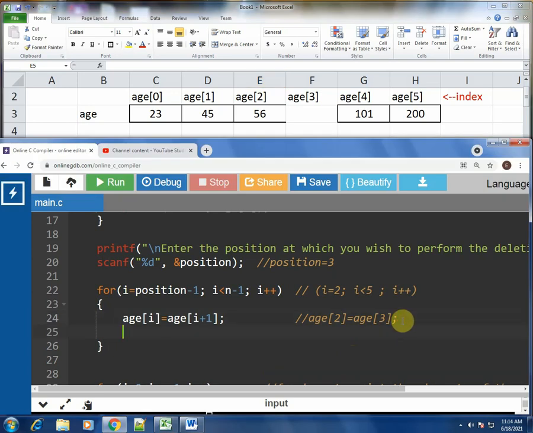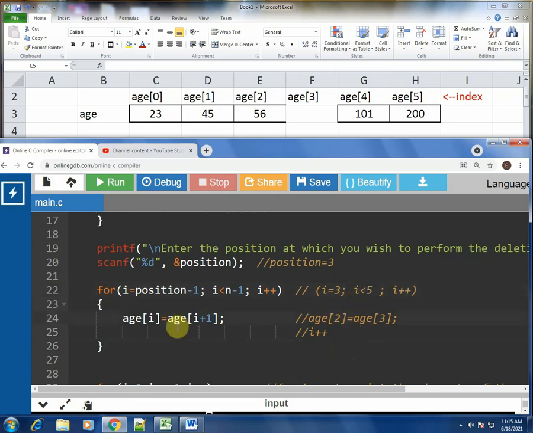Now after this the for loop will be incremented, so it will be i plus plus. If i was 2, now i will become 3, because i plus plus happens while you are exiting. Next, in round 2, i is now 3. Is 3 less than 5? Of course 3 is less than 5.